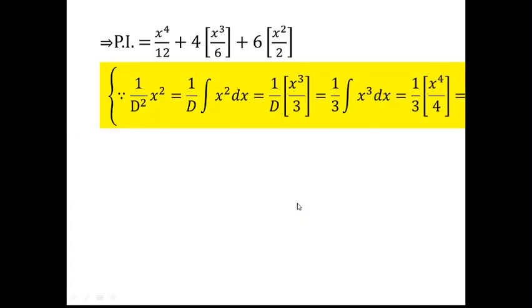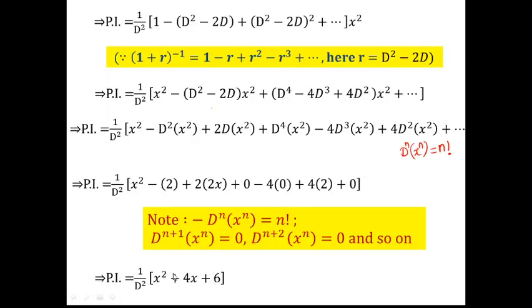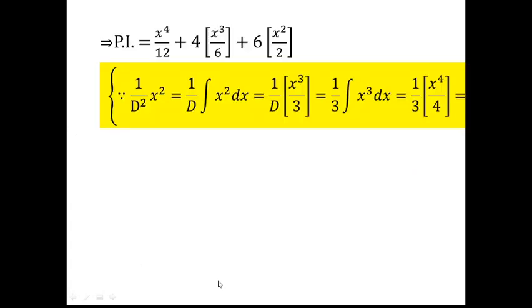So what is it? Integration of x square twice, integration of 4x twice, as well as integration of x twice is required. Let's see the integration of x square 2 times. It means 1 by d as it is. First integrate x square, the integration of x square will be x cube by 3, 1 by d is again left, then whatever answer we have, we will integrate that. So integration of x cube by 3 will be x to the power 4 by 4, and 1 by 3 is already there. So it comes out to be x to the power 4 by 12.